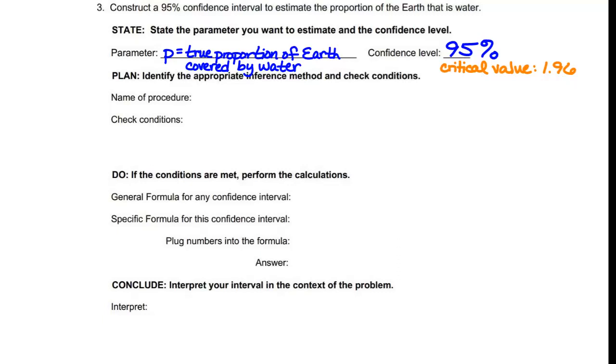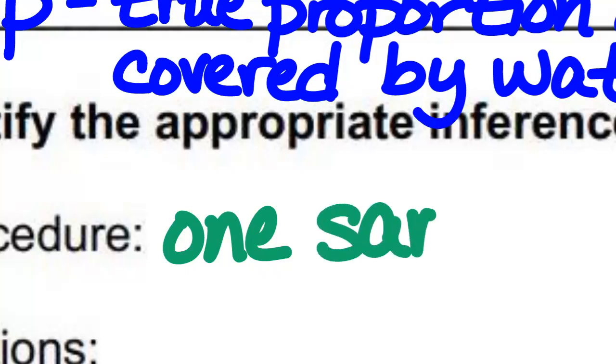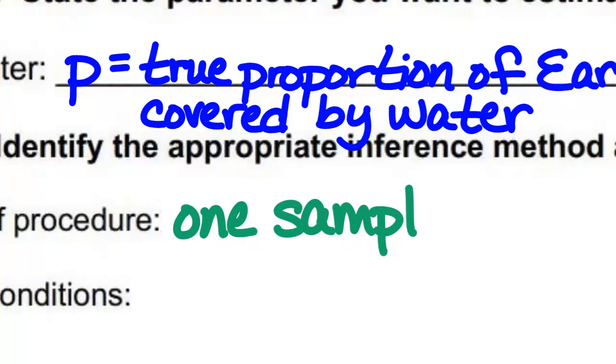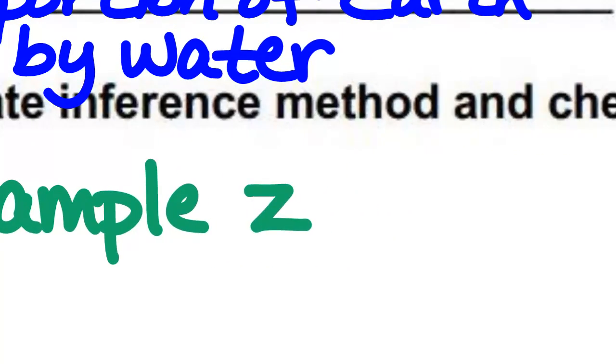We're going to have the name of our procedure here. The name of our procedure that we're going to use today is a 1 sample, because we only did this exercise 1 time. We threw the ball around the room. You guys came up with 19 waters out of 32 total ball tosses. If we did it again today, then we would have 2 samples, but right now we just have the 1 sample. This is a 1 sample Z interval